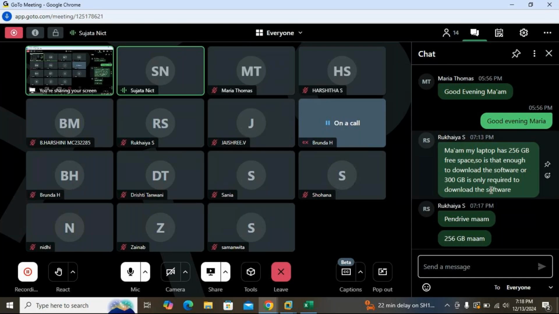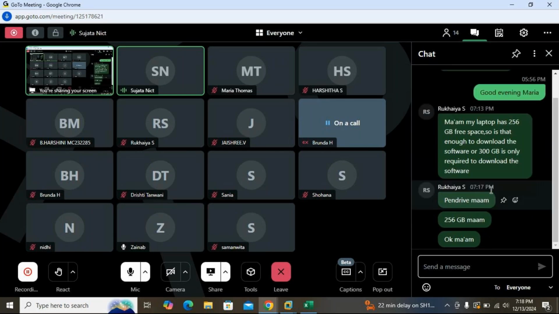250 GB, actually it will require at least 300 GB. So only that I'm telling. If you have a hard disk, you can take it there also. Can we connect or install by ourselves? No, you can't install by yourself. It's very difficult, because the laptop I'm using now, admin sir has installed the software on that also. So that's what I'm telling.